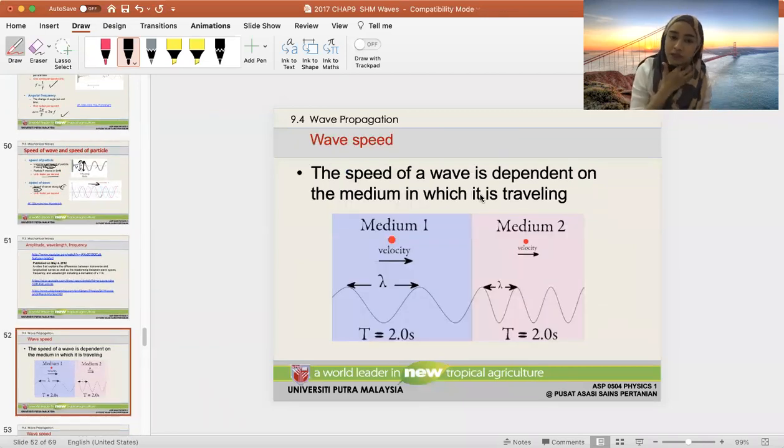Okay, so wave speed. Let's talk about wave speed now. The speed of a wave is dependent on the medium in which it is traveling. So what does that mean? Okay, so